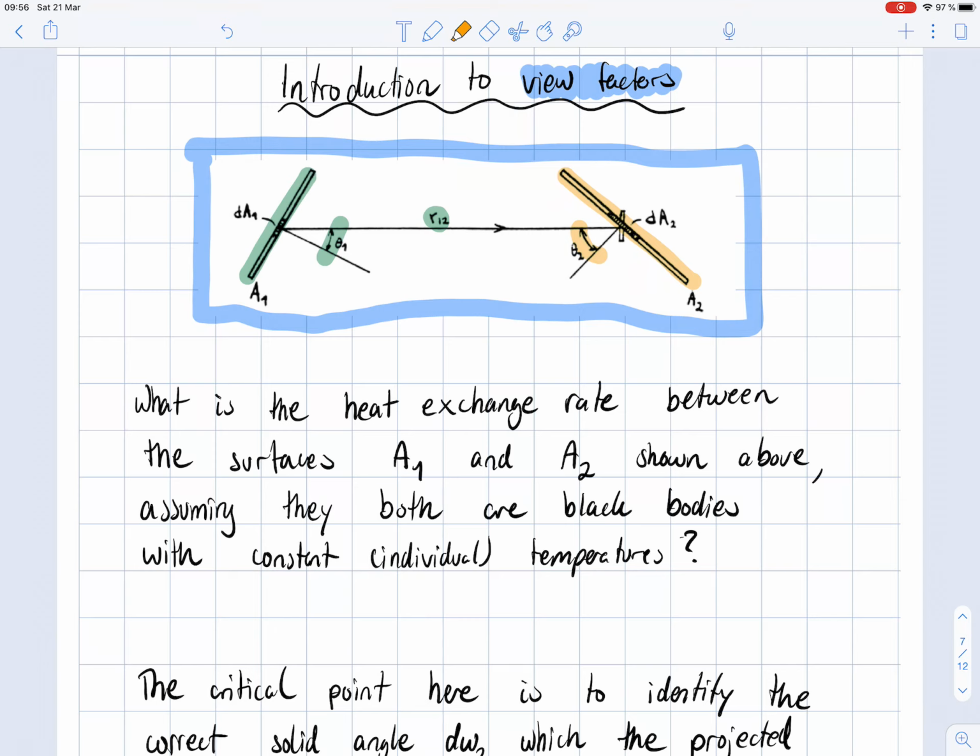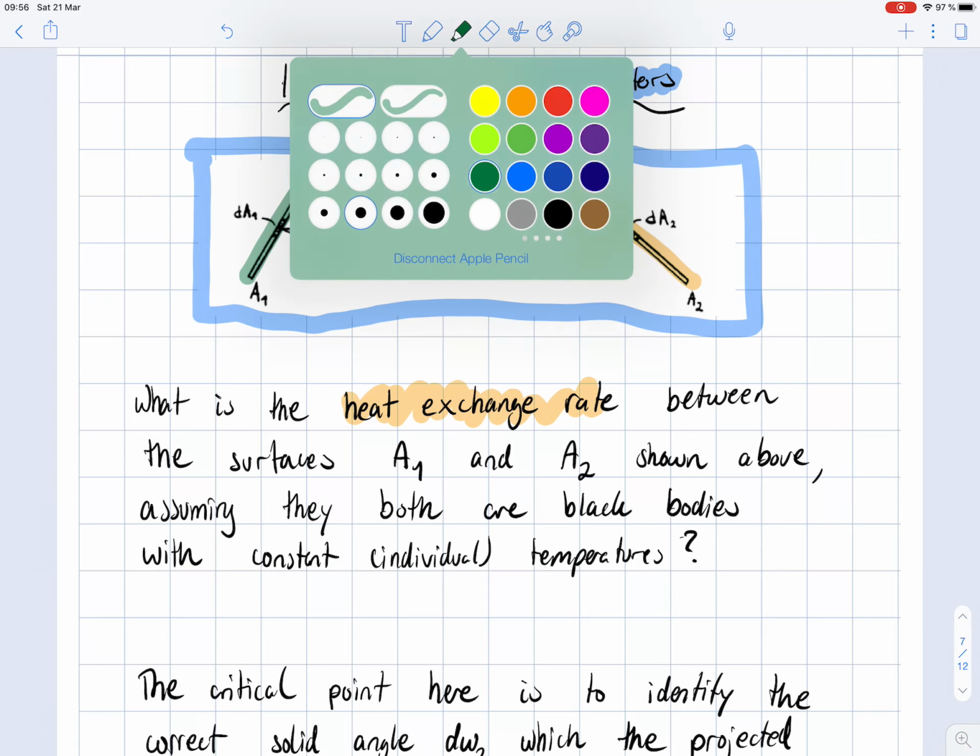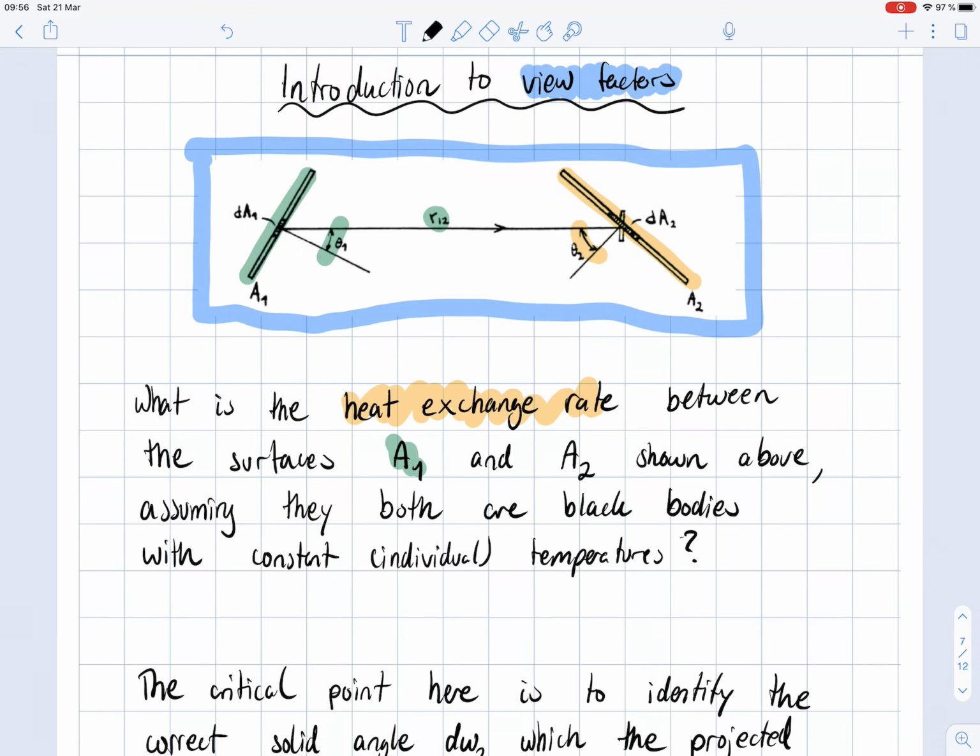So the question is, what is the heat exchange rate between the surfaces A1 and A2,